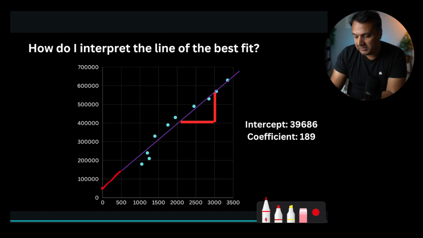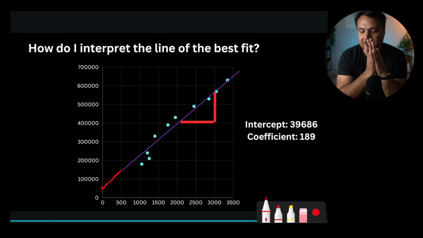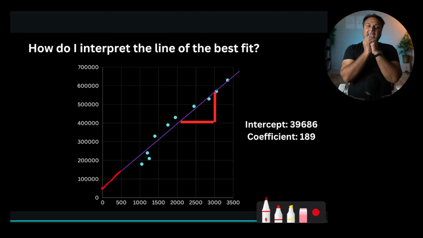The coefficient here means the slope of the line, and it basically communicates that every time there is a 1 square foot increase in the size of the house, how much the price of the house would go up. And we can see it is 189.